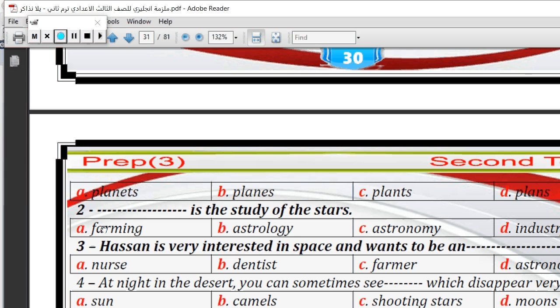Number 4, at night in the desert you can sometimes see space which disappears very quickly. The sun at night, camels, shooting stars, or moons. Excellent. Shooting stars are the stars which appear in the desert at night and disappear very quickly.